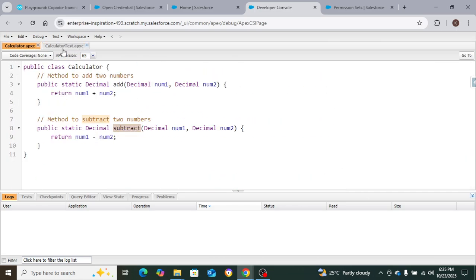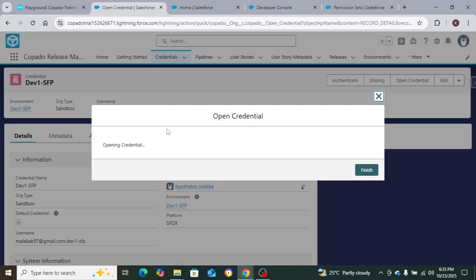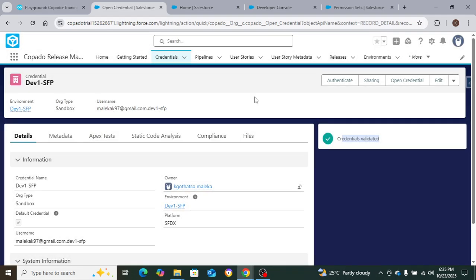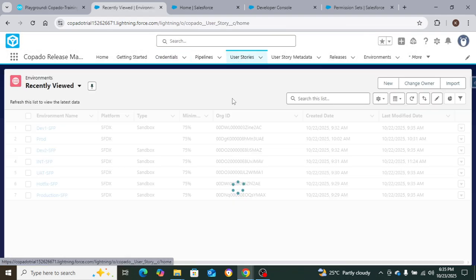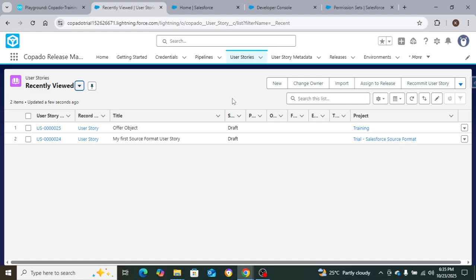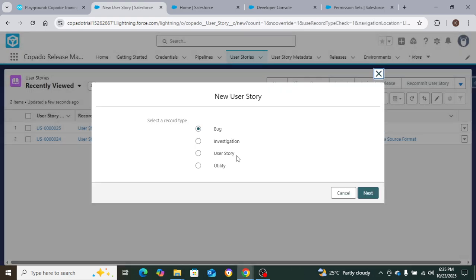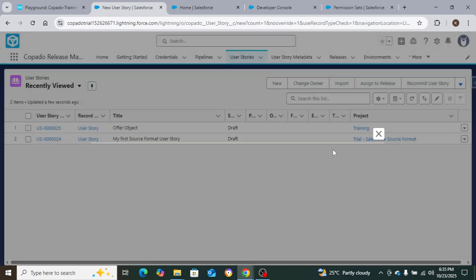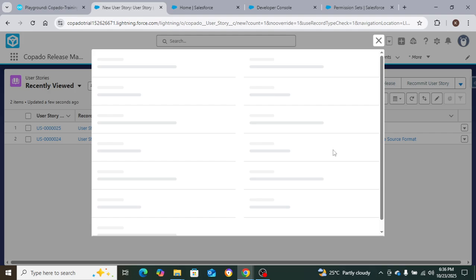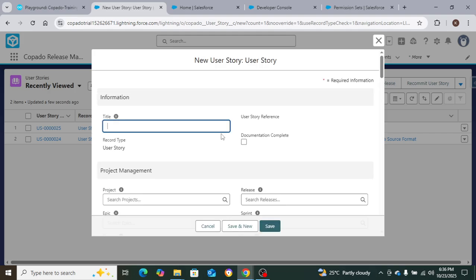So I'm going to go back to my Copado, and then in my Copado, I'm going to go to user story. User stories are what we use to move the metadata across the pipelines. So I'm going to create a new user story. It's a little bit slow, but it's opening up. So I'm going to call it calculator